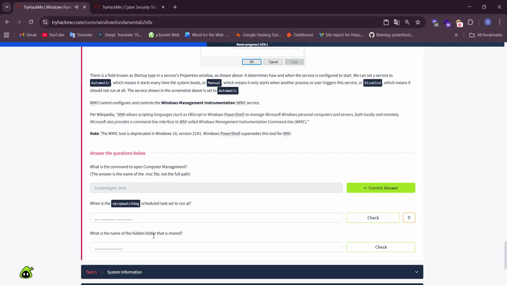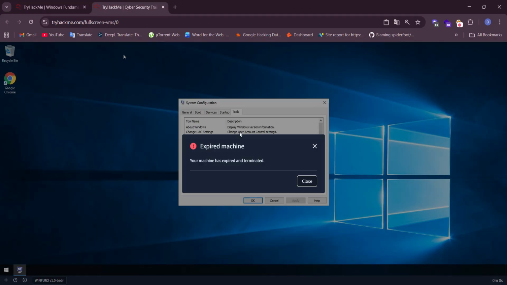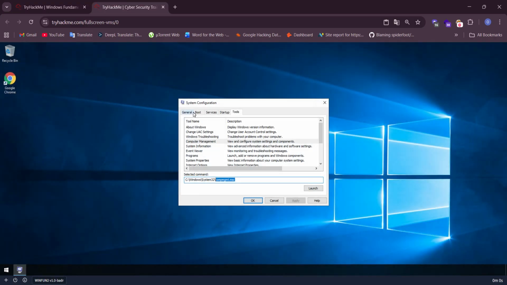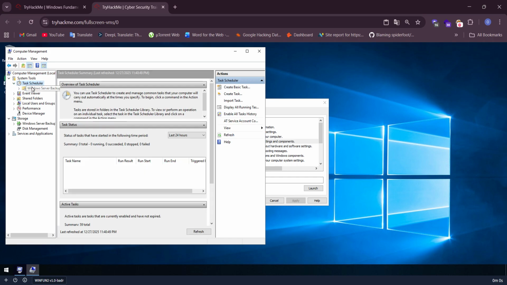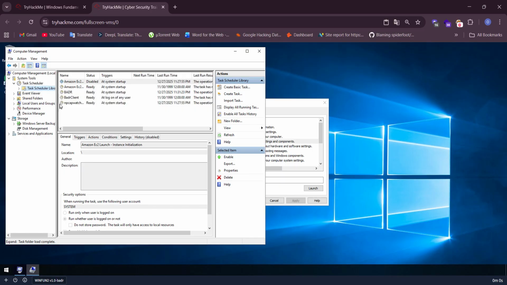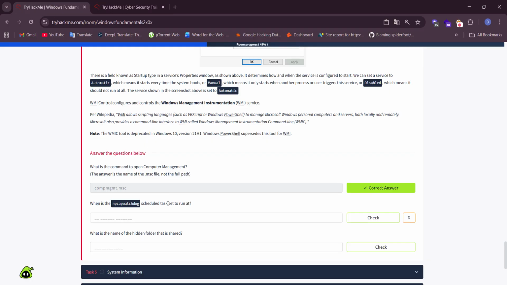When is the Npcap Watchdog scheduled task set to run at? Launch, open Computer Management, Task Scheduler, Task Scheduler Library, and set to run.